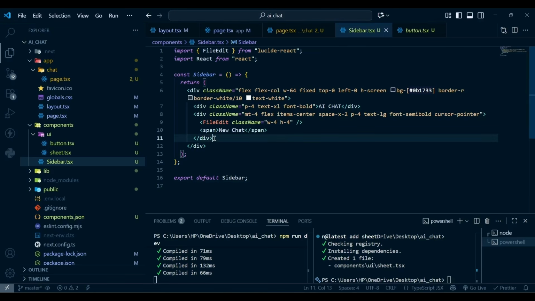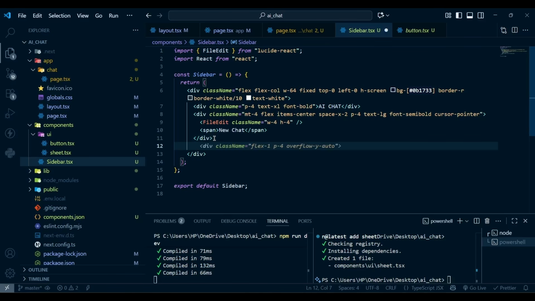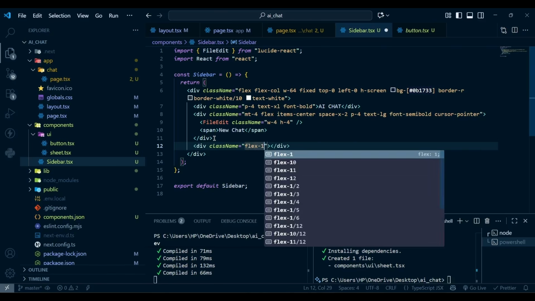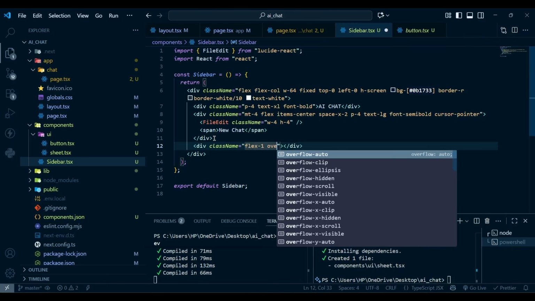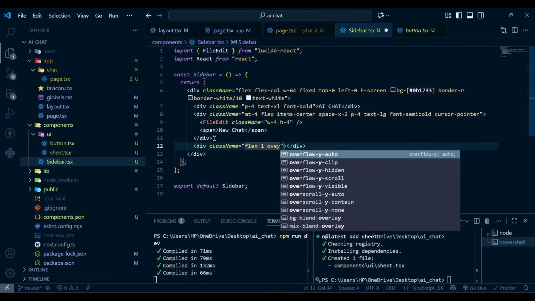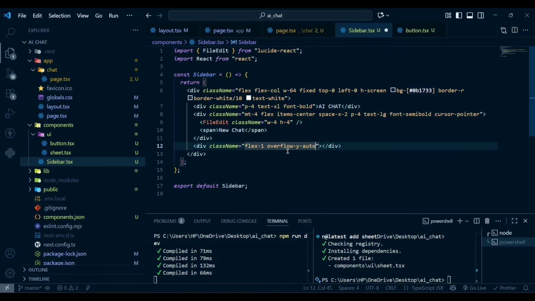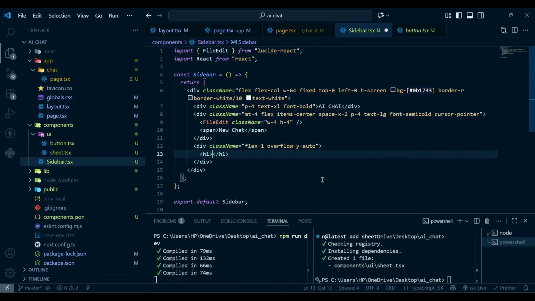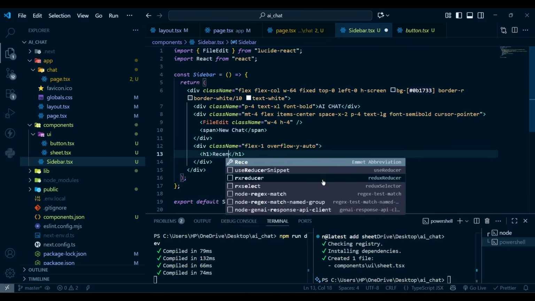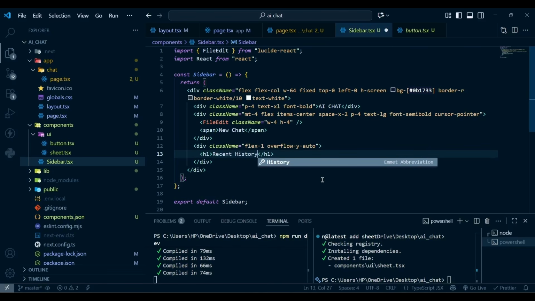Now after this div, we have another div with class name of flex 1, overflow y auto. That's it. Now inside this div we have a h1 with the text recent history, and this h1 will